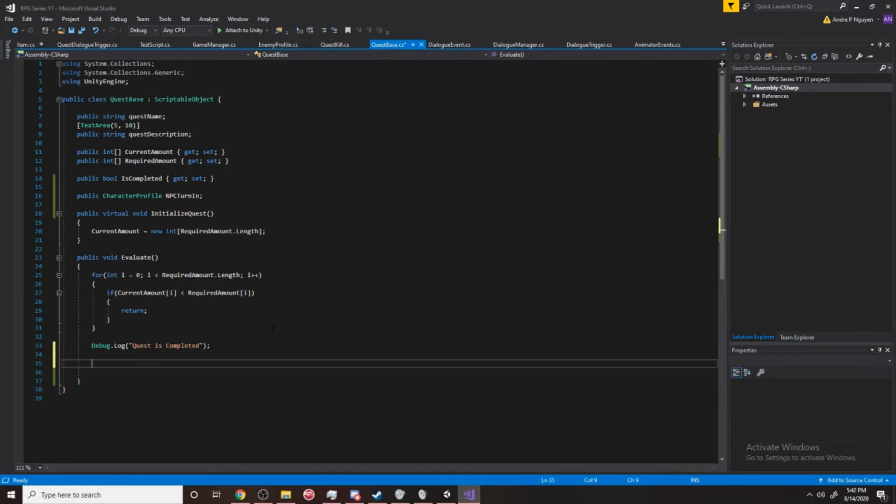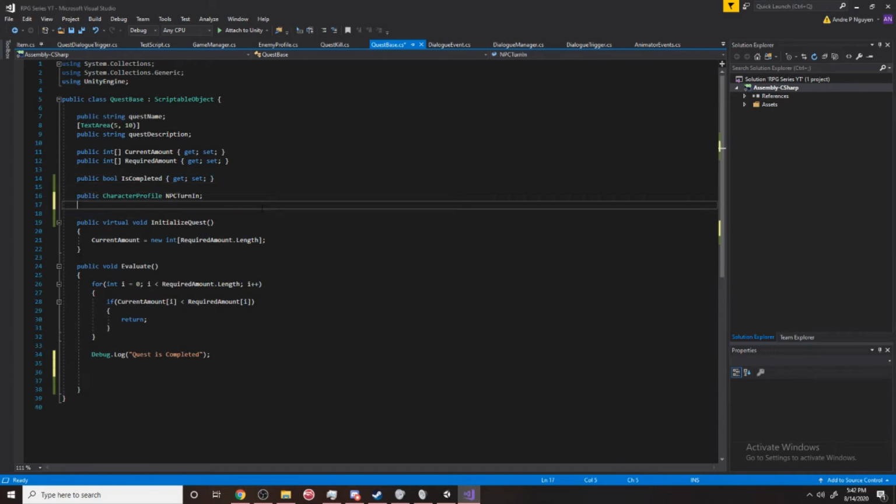And then we also need a text here. So let's just make that real quick. Not only do we need the NPC turn-in, but we're also going to need a public dialog base and call this completed quest dialog. And basically this is what's going to trigger once we completed the dialog,